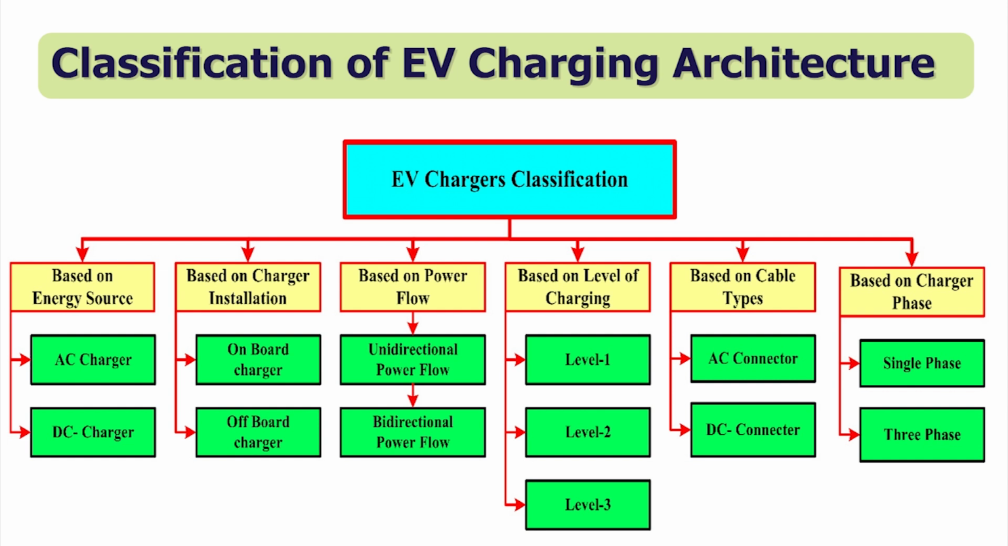Based on level of charging, it is level 1, level 2, level 3. As we discussed, level 1 and level 2 are AC chargers, however level 3 is a DC fast charger. Based on cable type, either we go for AC connections or DC connections. Based on charger phase, suppose we have an onboard charger,